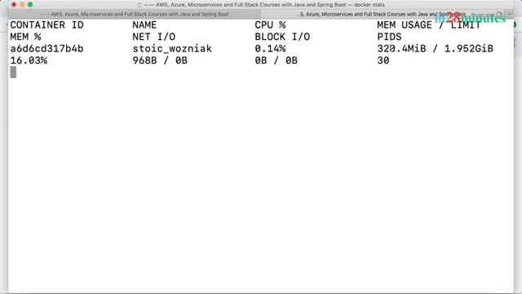It is making use of about 320 MB. It has a limit of about 2 GB of memory, and you can see that it has a memory percentage. So it's using about 16% of the memory which is allocated to it, 320 out of 1.95. You can do the math. So you can see all the metrics, stats around your running containers.